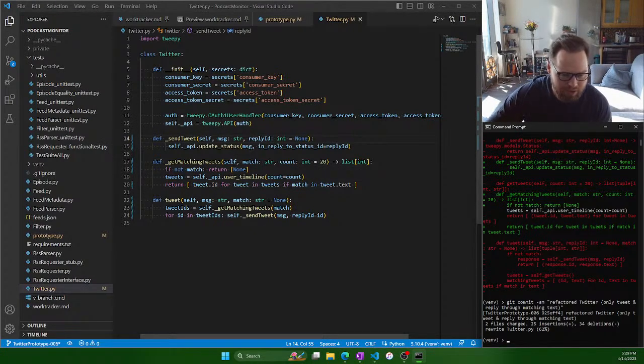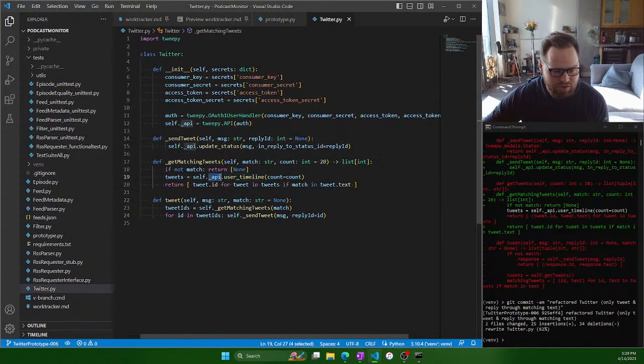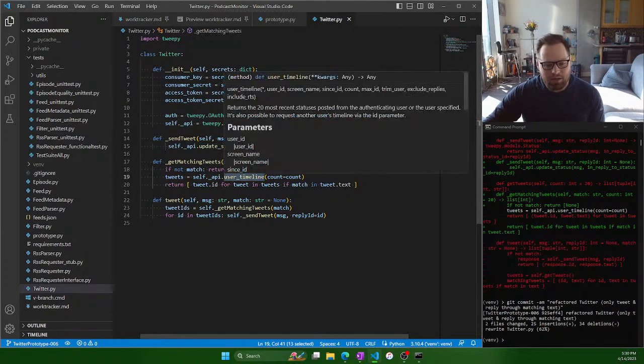If we can nail down that this logic is fine, and we run into issues with the tweets, then it will come from these API calls, the update status or reading from the user timeline, and we can always investigate that at that time. But for now, we just want to be able to verify that this logic works. And so what we really need to do is be able to not call this and not call this, and instead